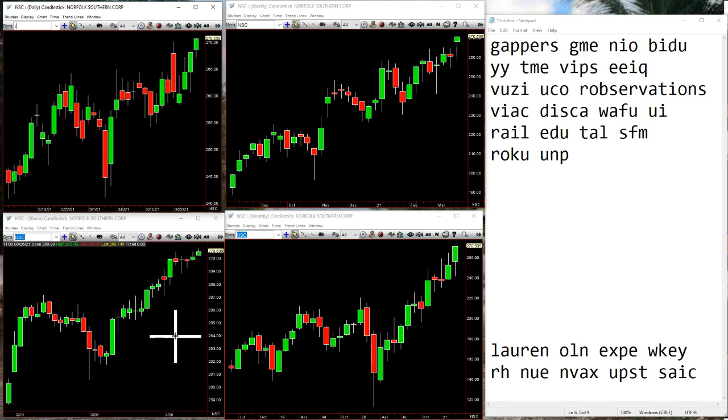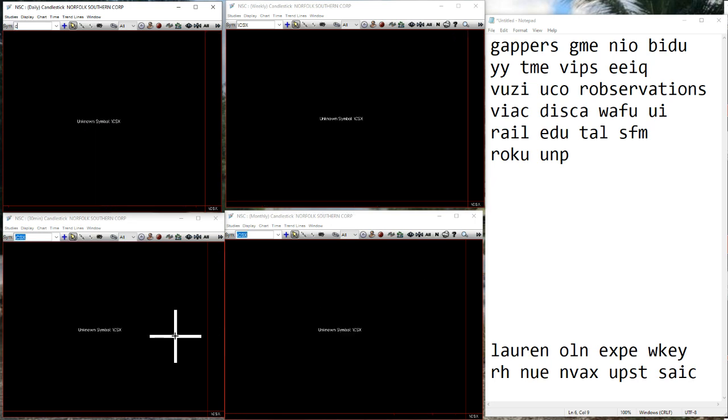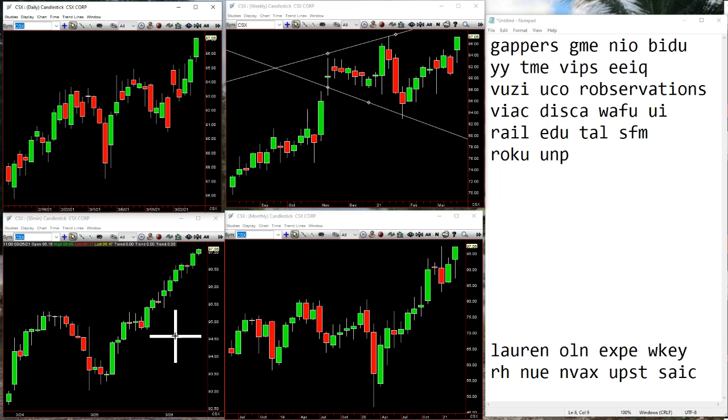Norfolk Southern. Also coming up here, trying to go to the high. CSX. Okay, so you can see that this is a simultaneous break in the railroads. All right, so you want to be able to break it down to sector and subsector, right? They're buying all the railroads; they don't care, right? That's a good thing. And once again, you're 3-1-2 into the highs. Thanks for playing. If we go to